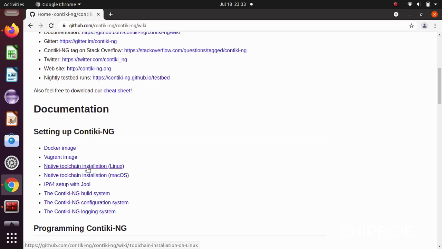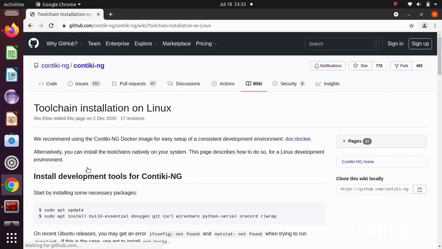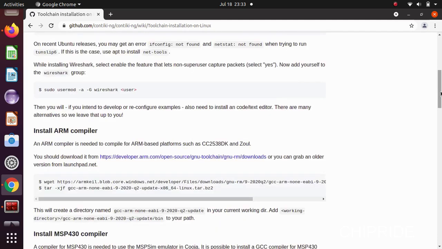I'm using Linux here. You can see there is something called toolchain installation on Linux. Under this, you will be told how to install the basic dependencies. Here we have the commands which have to be run, so you can follow this.